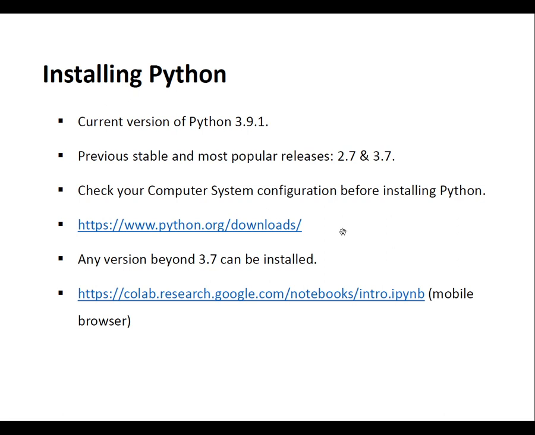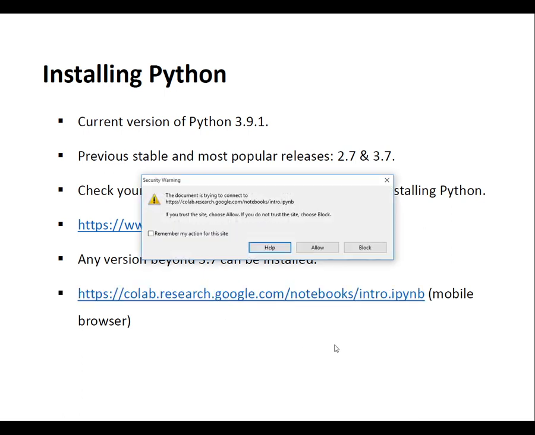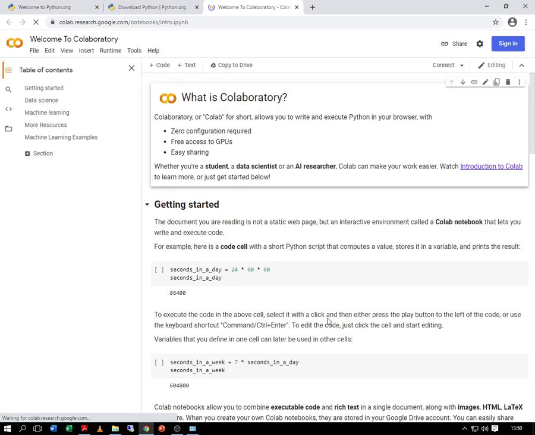Now for those who have got only a mobile, what to do? Colab.research.google.com allows you to do some practicals online, making use of simply the browser. You can even try this out on your PC or laptop. Even without installing Python, you can do the Python practicals. Let us go to this link. I will show the same thing through the mobile also. Right now we are opening this site using the browser, using the desktop.